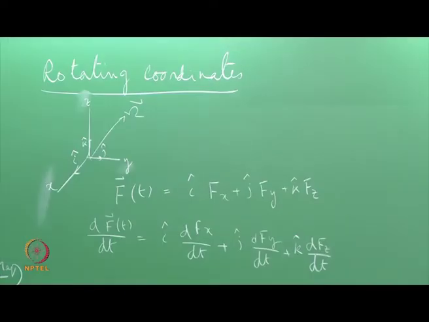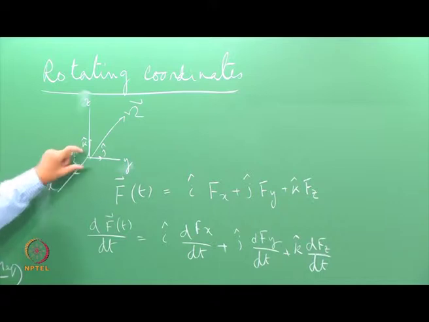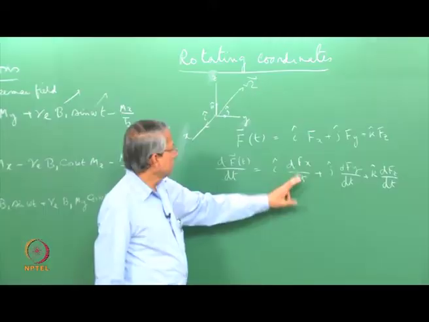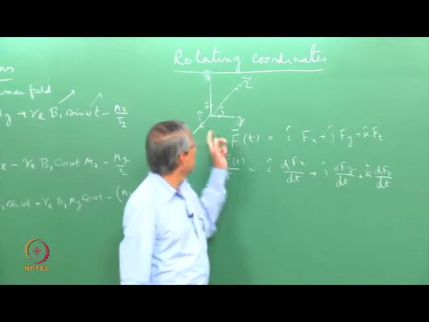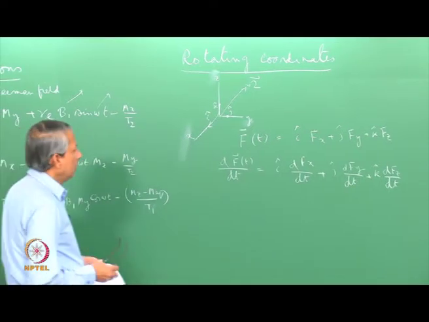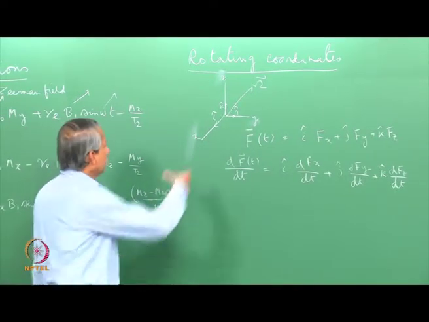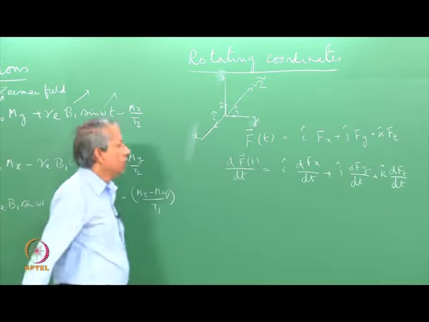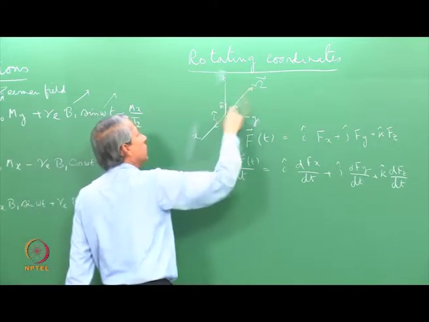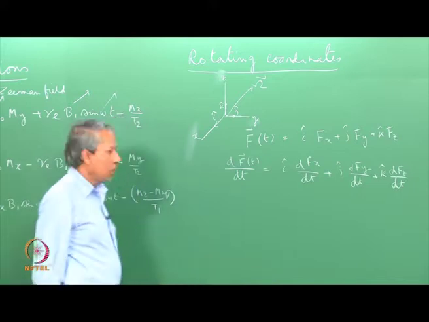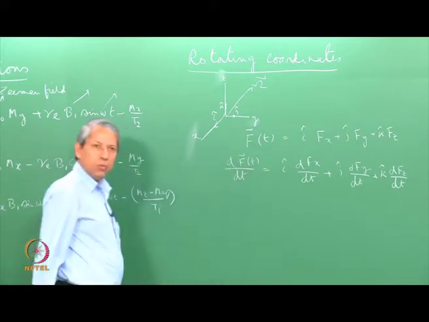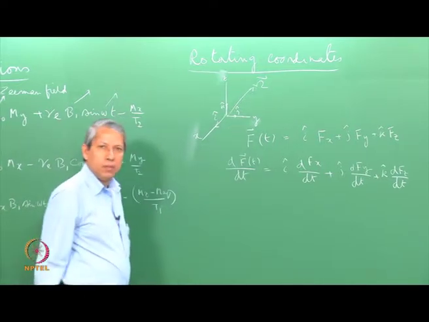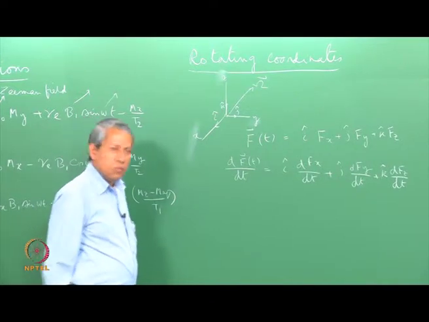Nothing new is happening here. This is i, j, k, 3 little vectors fixed along the x, y and z directions. So, the rate of change of this with respect to time is given by the corresponding rate of change of these 3 components of the vector along these 3 directions. But now we want to be more general, and suppose now this coordinate system is rotating in a certain direction at an angular velocity omega around this axis. How is this time derivative going to look with respect to these coordinates little x, y and z which are rotating now? That is the exercise we are going to do now.